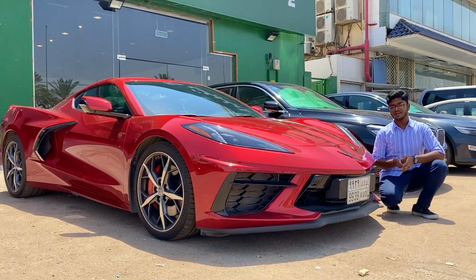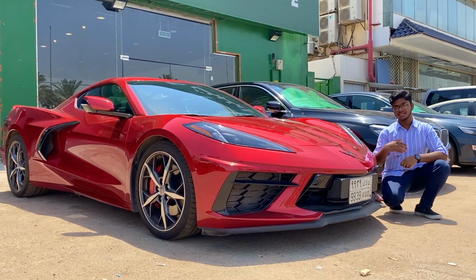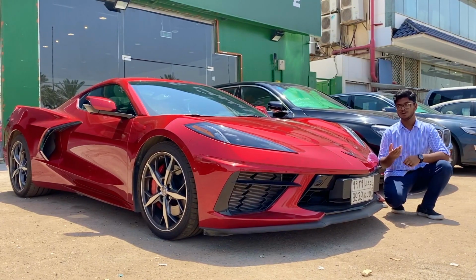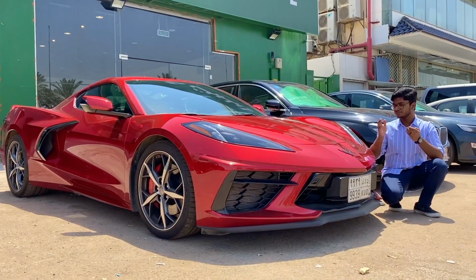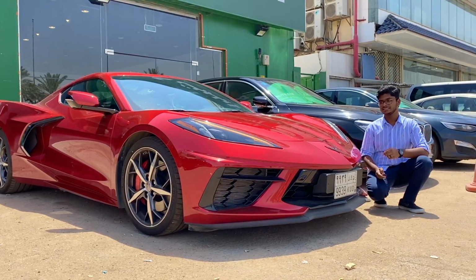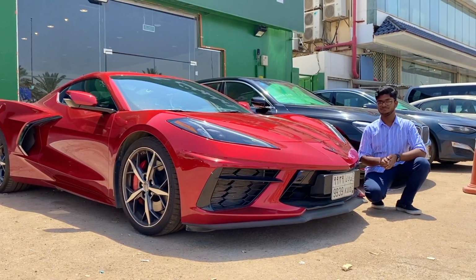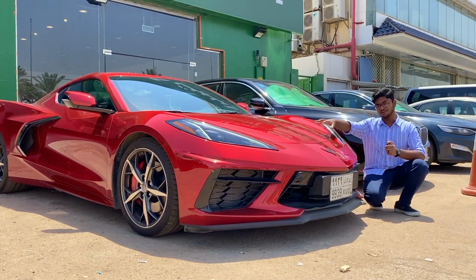So the C8 Corvette is a really beautiful and attractive car to look at. It has a really aggressive styling like somewhat of a Lamborghini or Ferrari would have. You can have a look at the front end and you will see these sharp LED headlights, which is really attractive. And since the engine is moved to the rear end, we have some space up here in the front